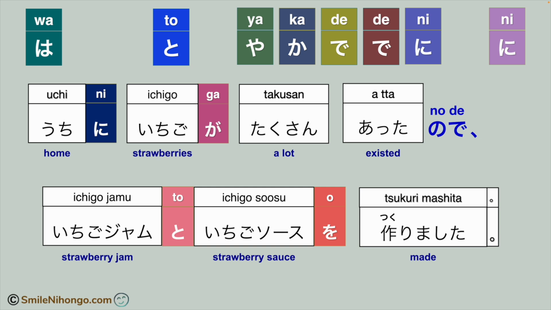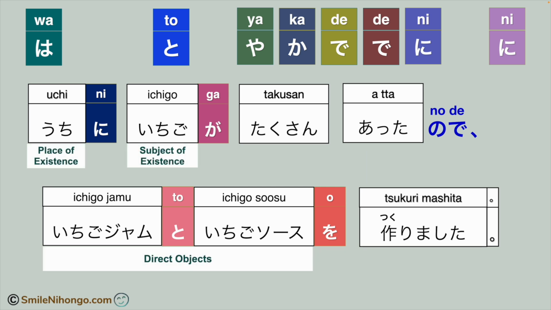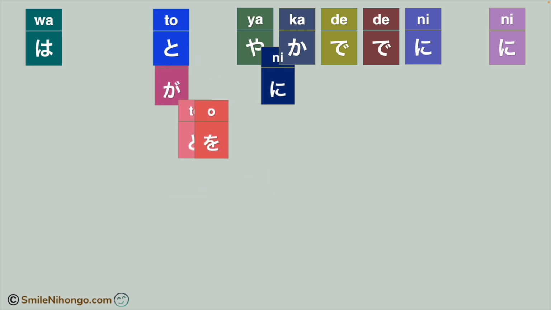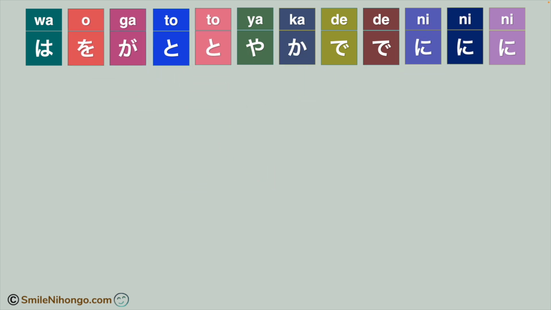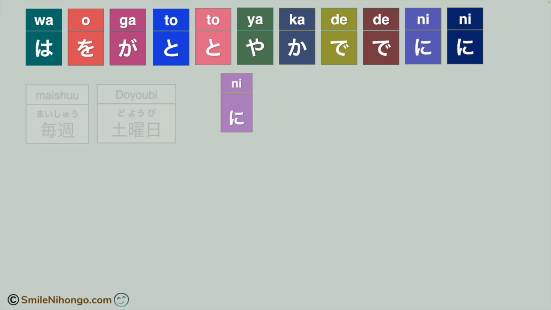The wording in English doesn't matter as long as you clearly indicate which part of the sentence is the reason. And these are the functions of each element marked by a particle. うちにいちごがたくさんあったので、いちごジャムといちごソースを作りました。